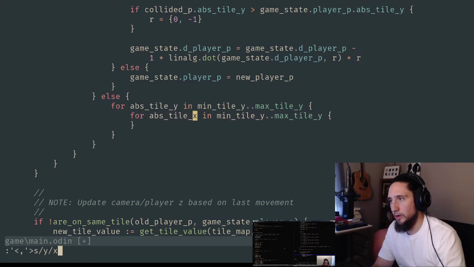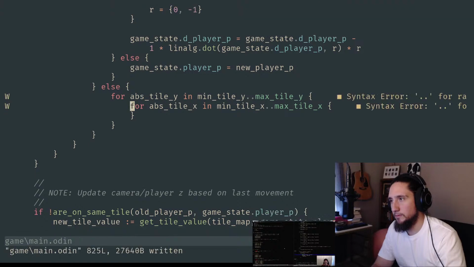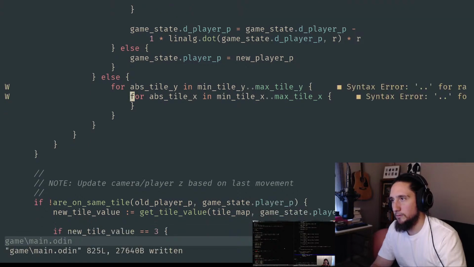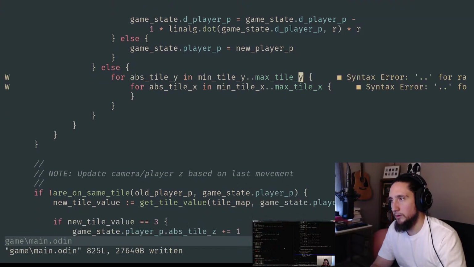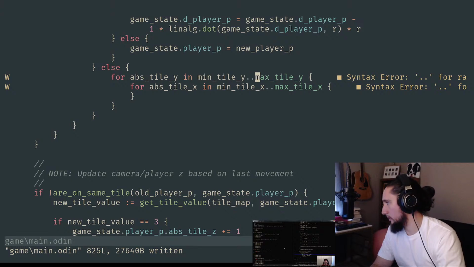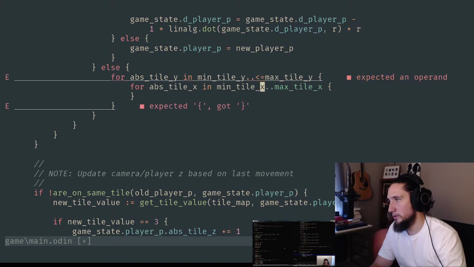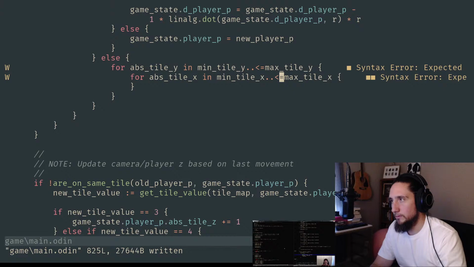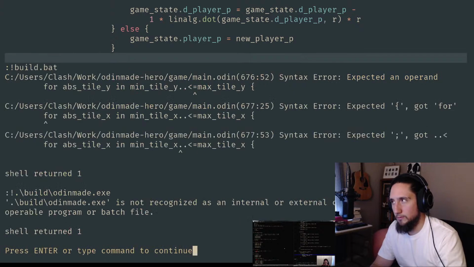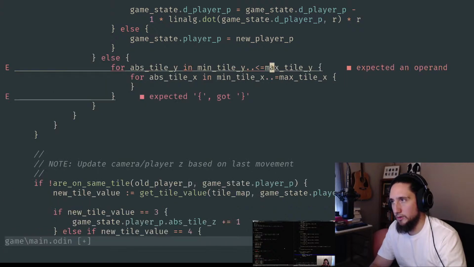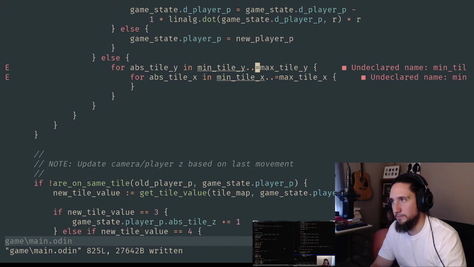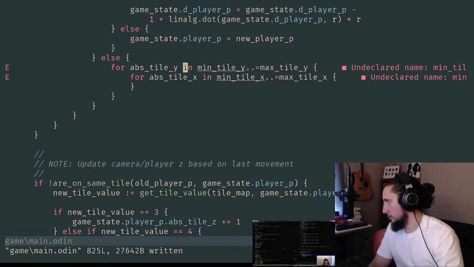Place Y with X. And I didn't do this right. Does he go up to and including? It looks like he does. What are you expecting? Expected an operand. Oh, it's because you just say equals to, right? So now our problem is just that we don't have those declared yet, but